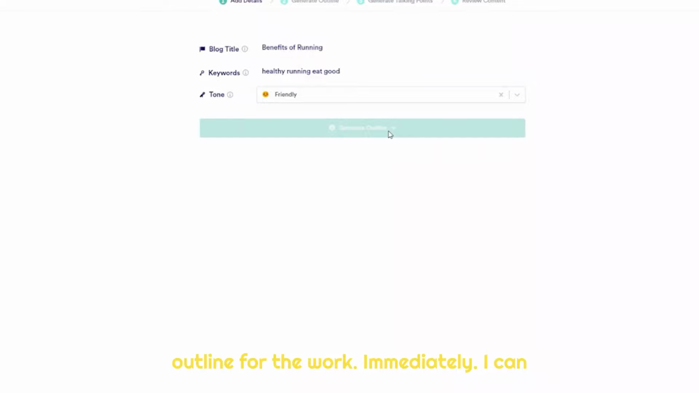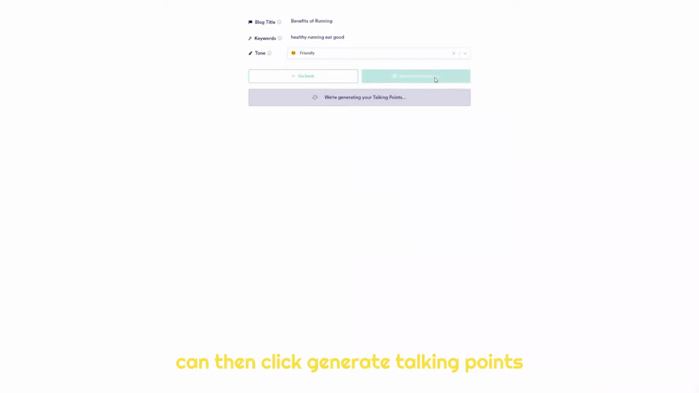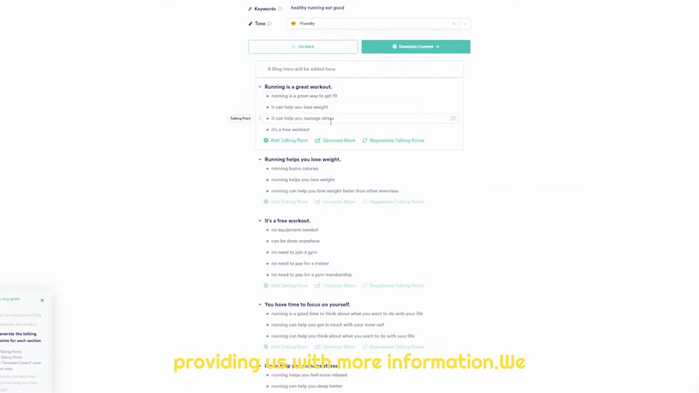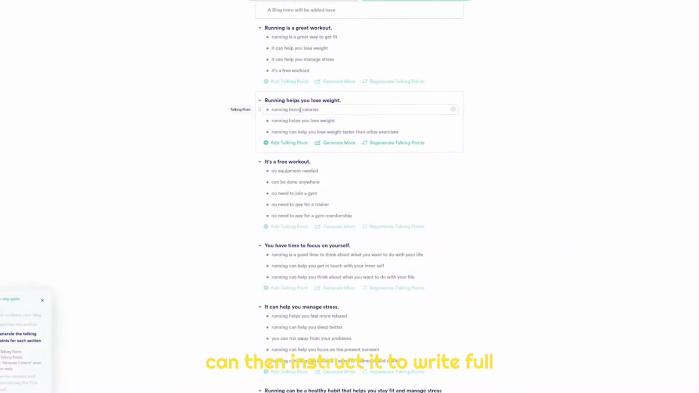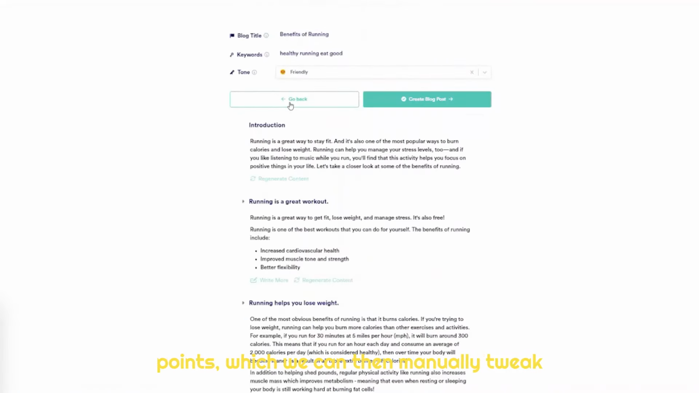This provides an outline for the work immediately. I can delete the ones I don't believe I'll need and reorganize them so that the flow of my article makes the most sense. When I'm satisfied with the results, I can then click Generate Talking Points, which will break down each of these bullet points into much smaller points, providing us with more information. We can then instruct it to write full paragraphs using all of these talking points, which we can then manually